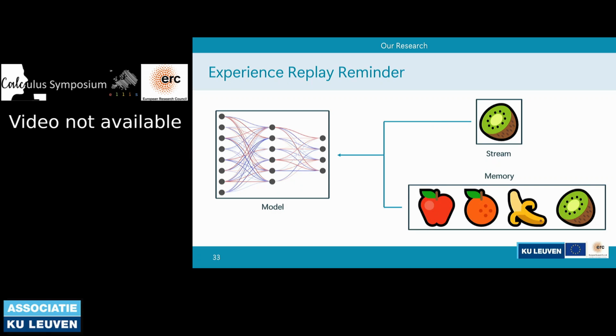What this experience replay paradigm implicitly assumes is that the present state of the stream is equally important to everything that the model has seen in the past, because we use the same number of observations currently from the stream and the same number of past observations from the memory. So, because we have this implicit assumption that the present is equally important to all the observations that we have encountered in the past, this leads the model to have prediction biases with respect to the most recent class it has observed.